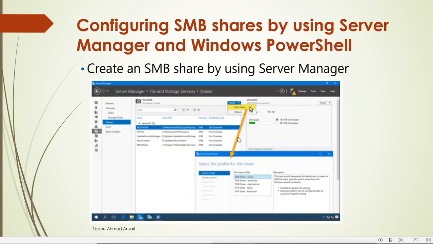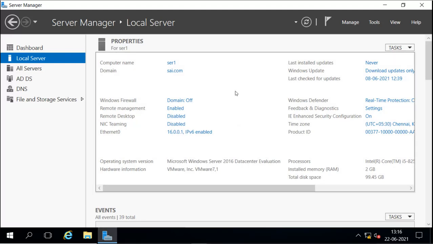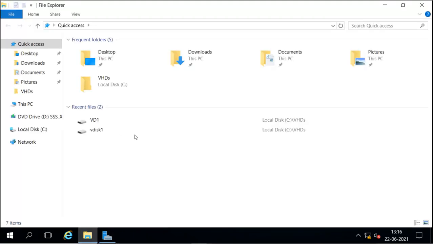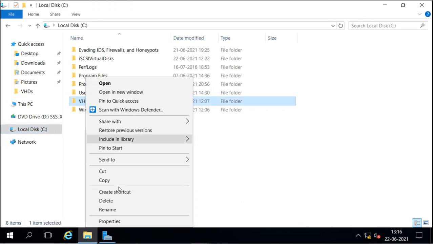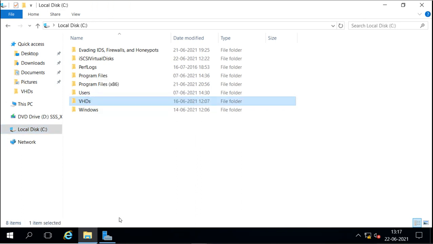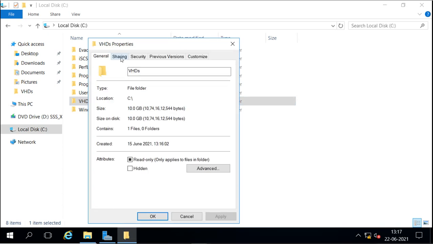Now how can we configure it? We can configure it from the server manager. Now let's see how we can share this from server manager. Okay, this is a server here. If I want to share a directory from here or any Windows machine, the normal option is to go to the directory directly, right click on the directory, go to the properties of the directory and sharing.